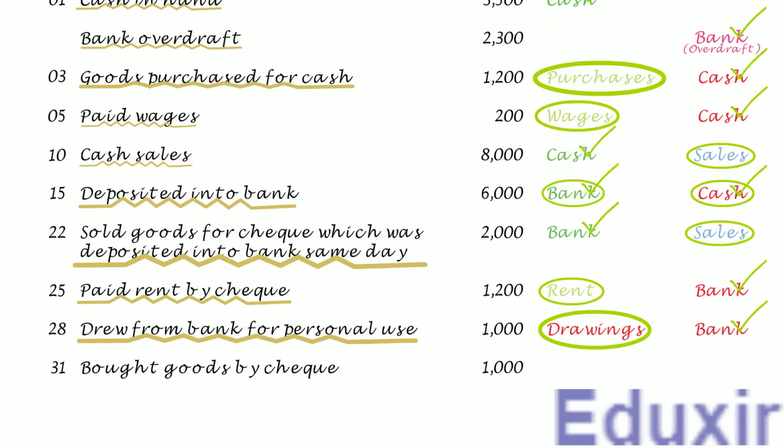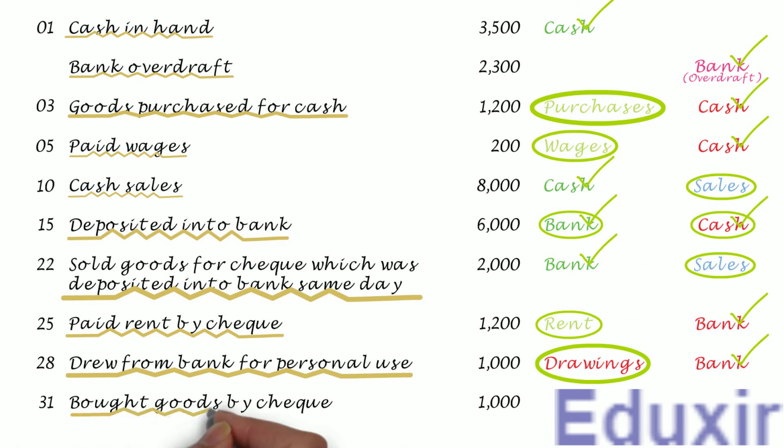In this transaction, the business has purchased goods worth 1000 rupees and did the payment through cheque. As you know, purchases are revenue expenses. In other words, the business is incurring an expense named purchases in this transaction. The rule to record any expense incurred is to debit the corresponding expenses account. In this case, the purchases account should be debited.